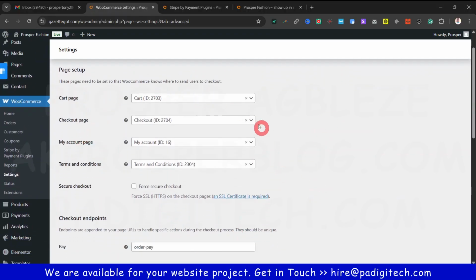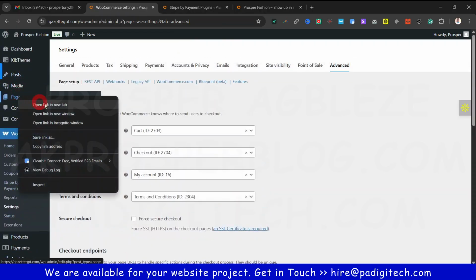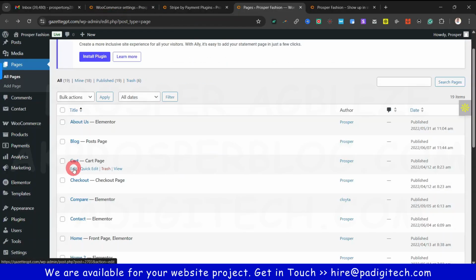This is where you select your cart page. The page has been created for us. Now what you're going to enter is the page ID. Let me show you how to get that. Let me come over to pages. You can see pages here. Let me open it in a new tab. If I hover my mouse on the edit, somewhere here, you see that